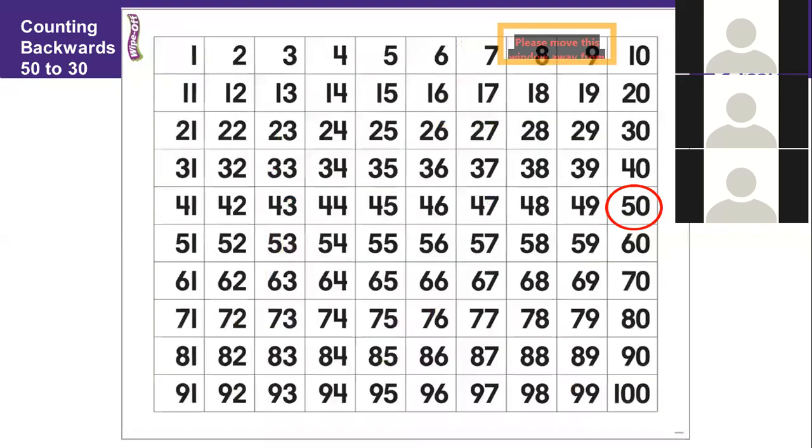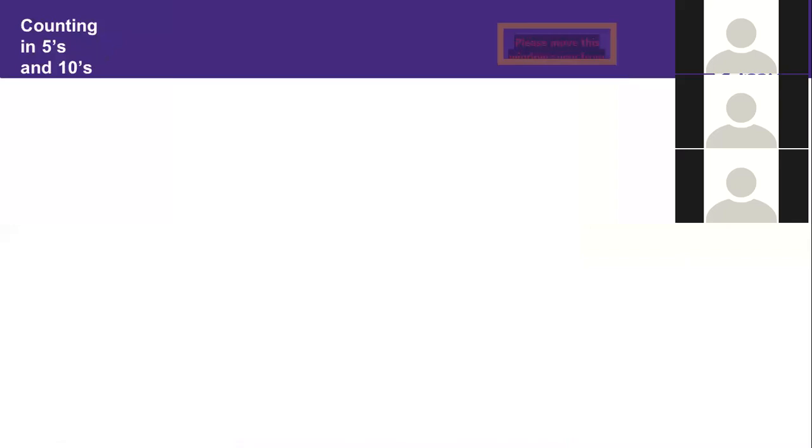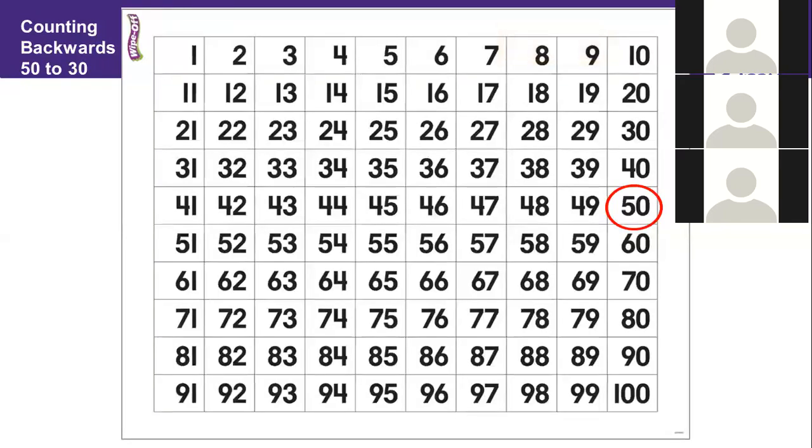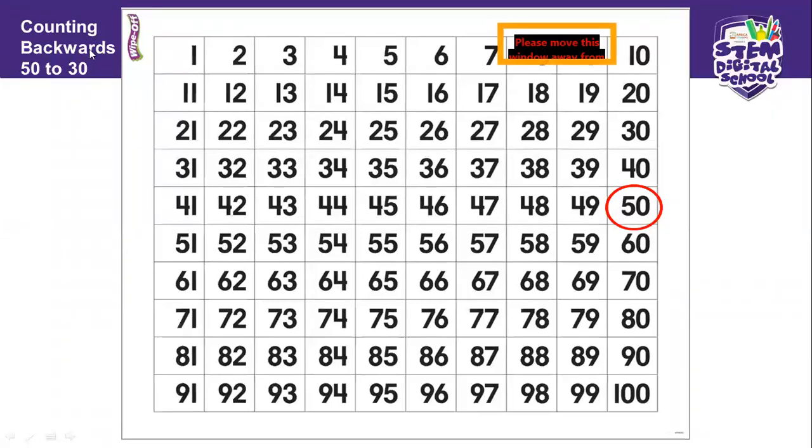Now let's see what else we have. There we go. Now we are going to count backwards. Counting backwards from 50 to 30. Look at my cursor. There we go. 50,